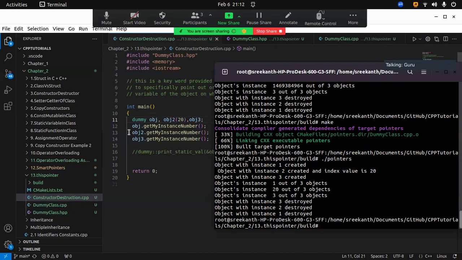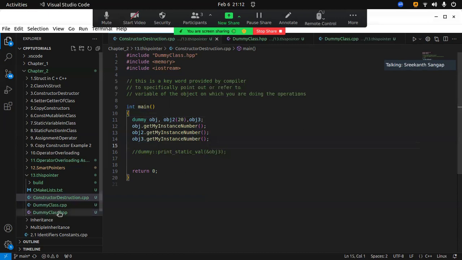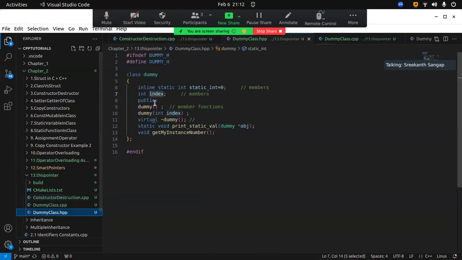Okay, thank you. Next, the next use or complication with this pointer is, suppose you have a class which has a static member function. The static member function cannot access this pointer. Why? When I say a static member cannot access this pointer, why? Because